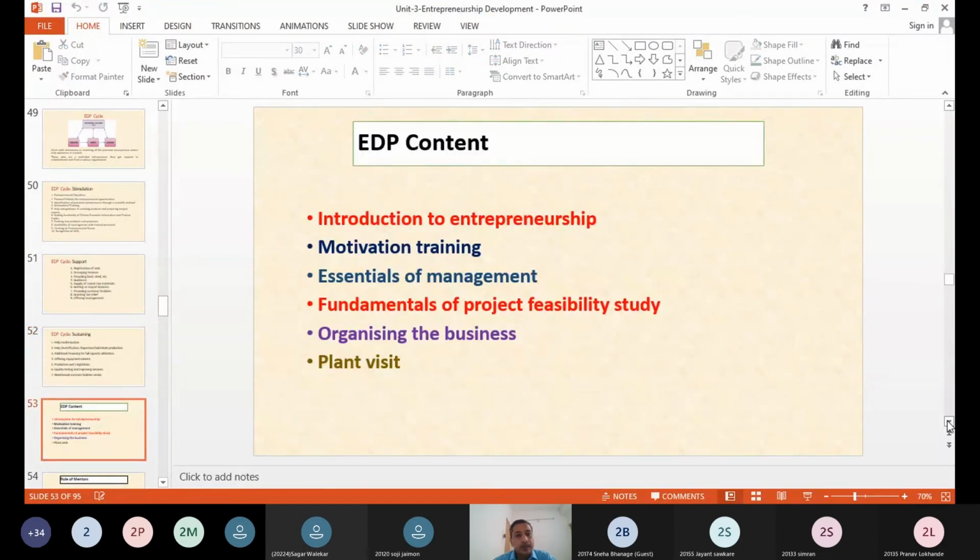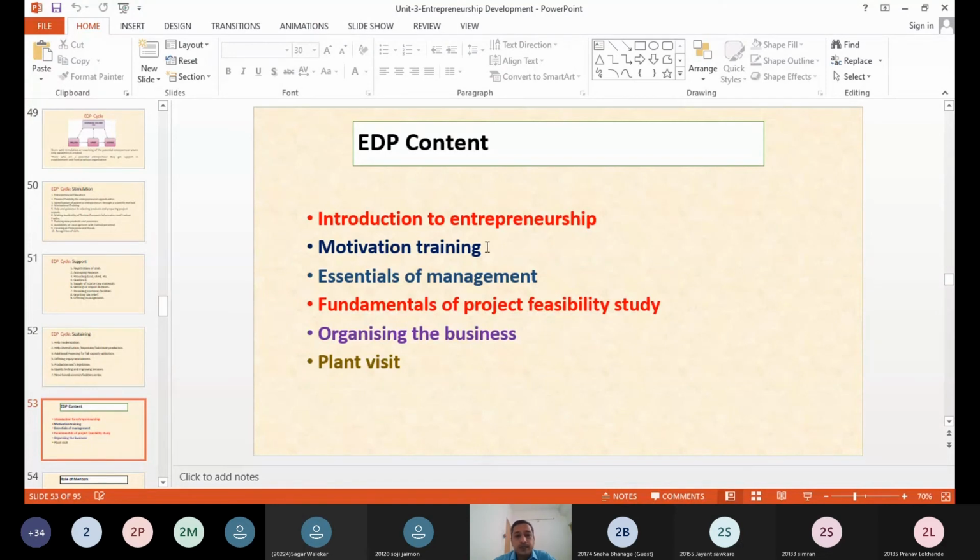Then EDP content. What can be the content of entrepreneurial development programs? So in brief, these general topics may be included in the EDP, that is Enterprise Development Program, that is introduction of entrepreneurship, what is entrepreneurship,